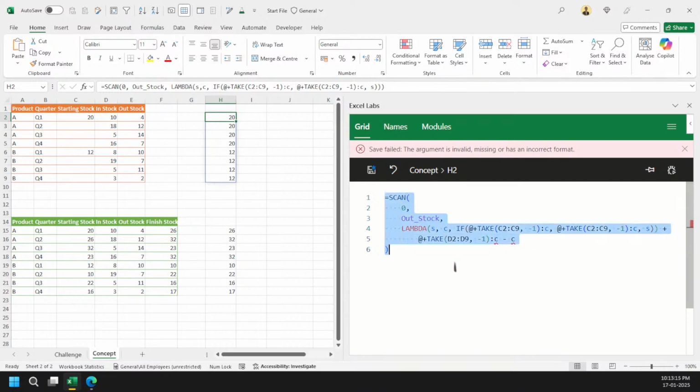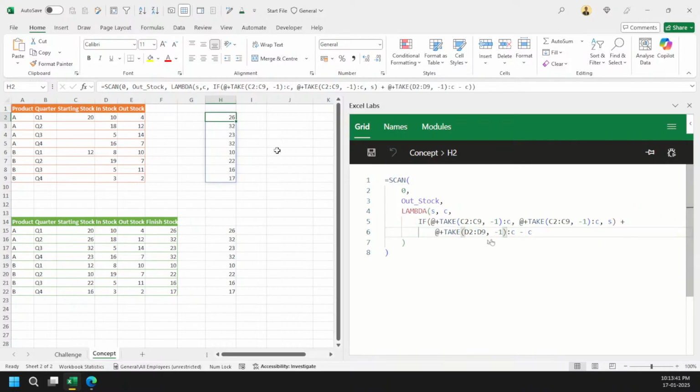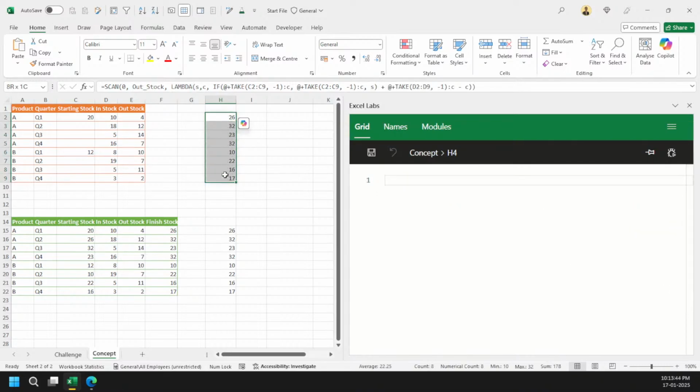This is weird because it is sometimes hard to understand what's going wrong here. So plus, minus, I'm doing good for now. Let me see if it will solve. Okay, I need to add a bracket here. Yeah, the lambda shouldn't end here. That's the problem. Now you can see that I have got the answer.